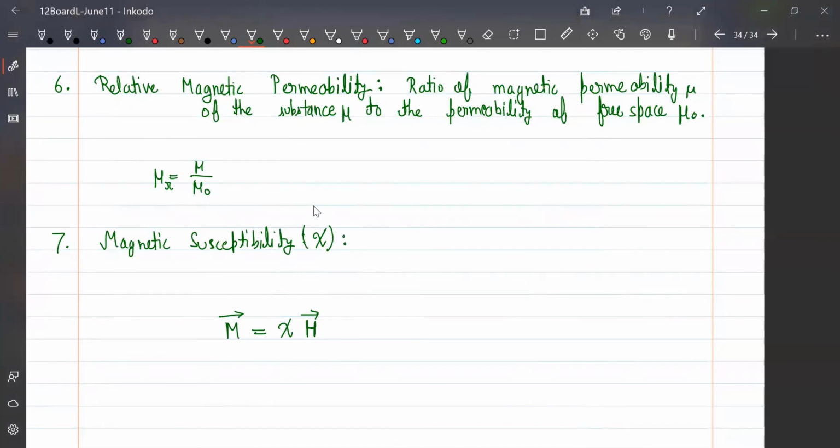This is called psi, again a Greek letter. So this thing is the ratio of magnetization, or also written as intensity of magnetization, that is your M vector,